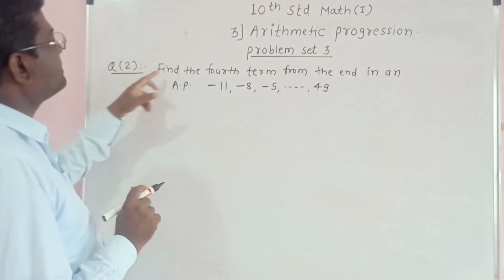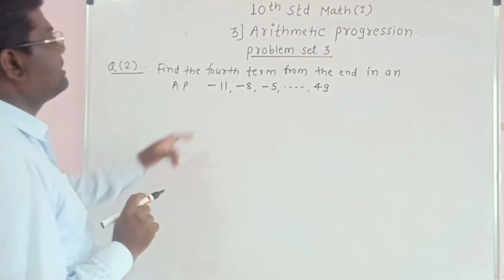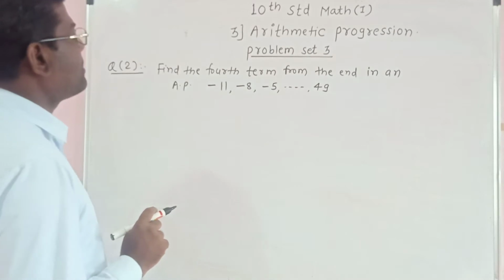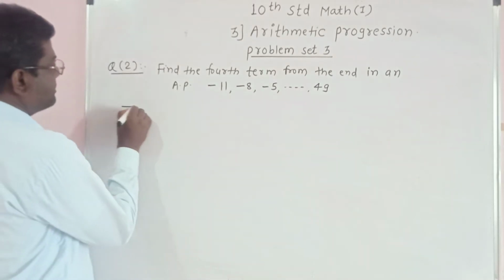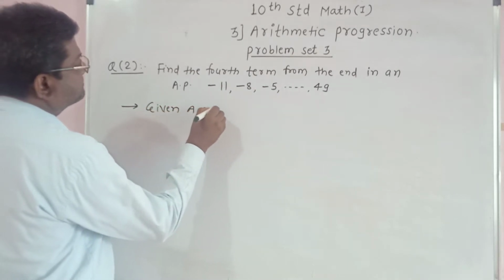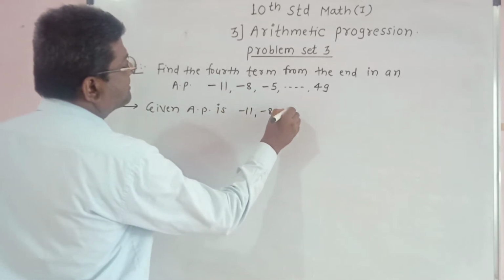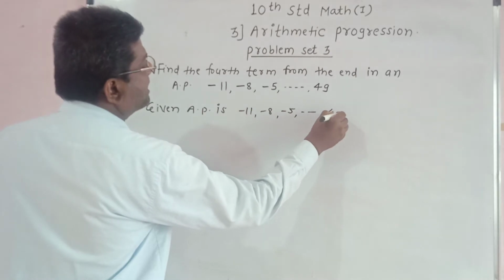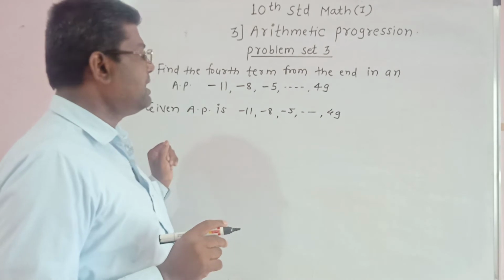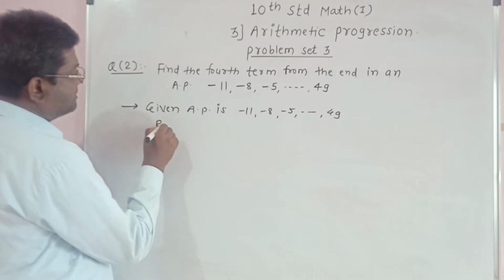Question number 2 is: find the fourth term from the end in an AP -11, -8, -5, ..., 49. Now let's solve this example. Given AP is -11, -8, -5, ..., 49. So we have to write this AP from the end. That is, we have to reverse this AP. So we get